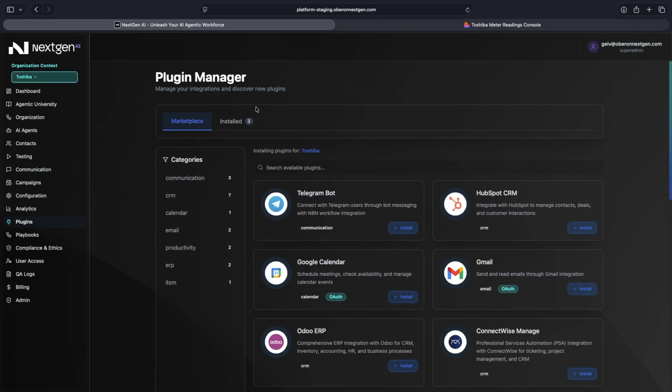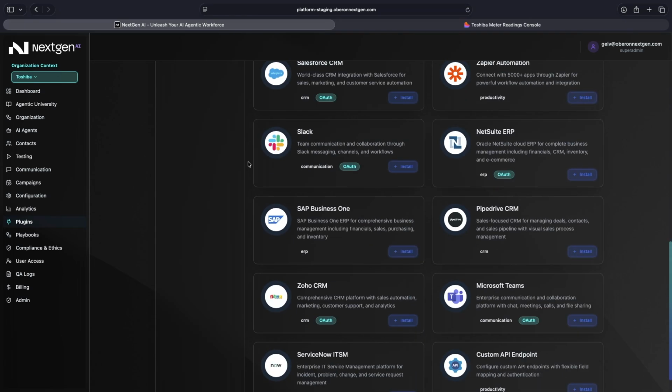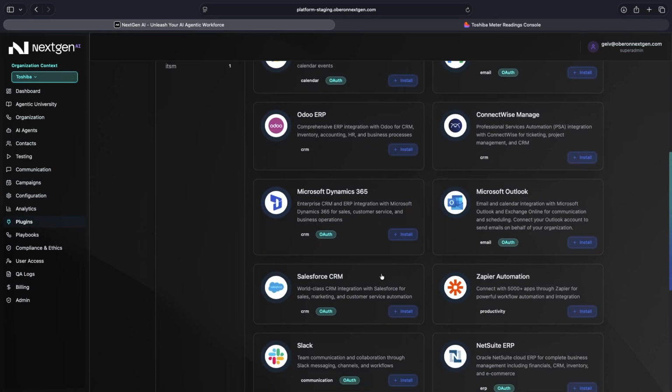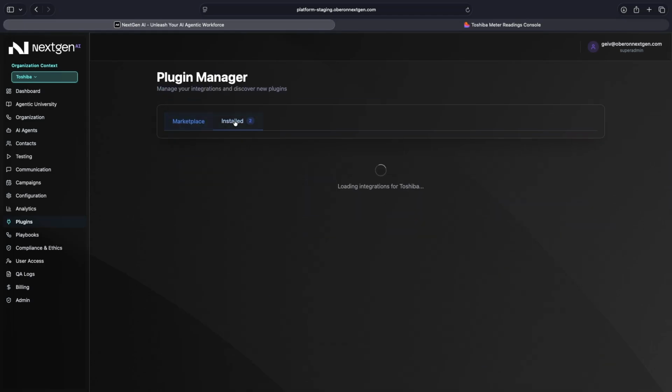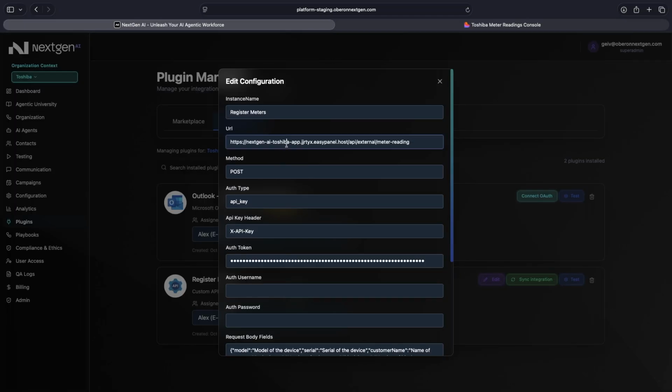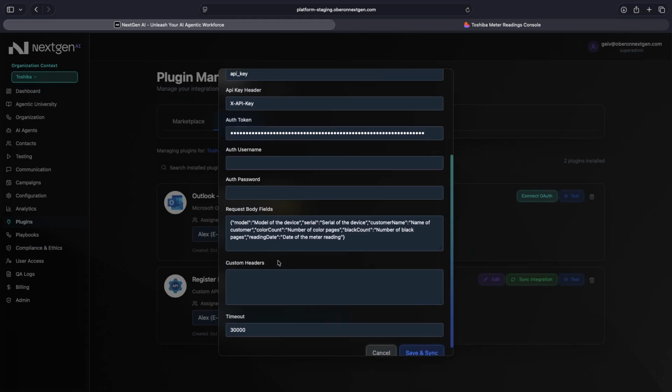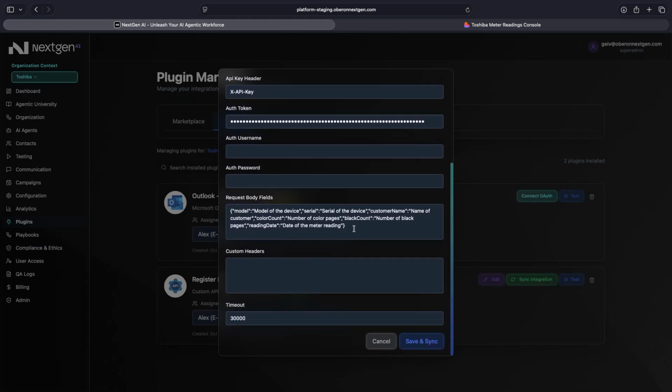So this particular agent is benefiting from 2 integrations, and we have plenty in our marketplace. This particular one is using Outlook to send out emails, and I've connected it to mine right now. And then we have also selected a custom API integration, which means that we will be able to integrate even with a custom system like this one. So let's say that you're not writing into any of these platforms here, but you're writing to a custom one. So what you do here is you give those parameters, like what URL is it accessed from, and other information that we need to actually be able to connect through that system, and define even the parameters that we're going